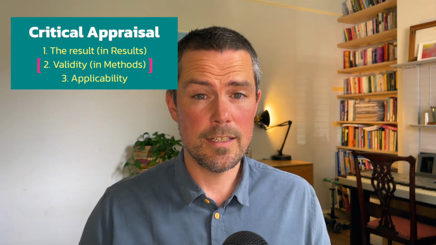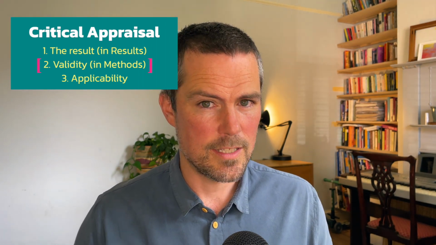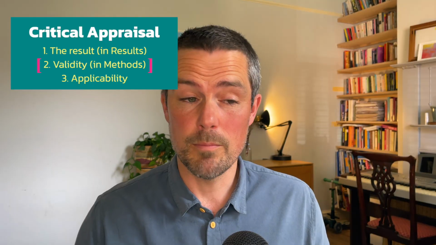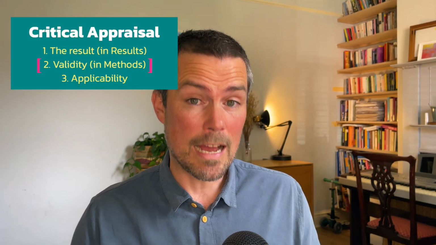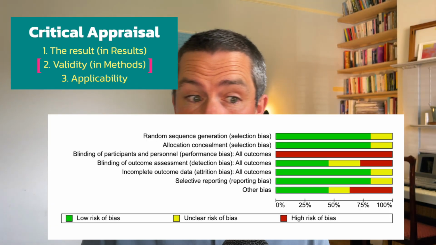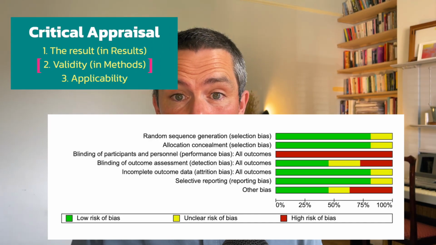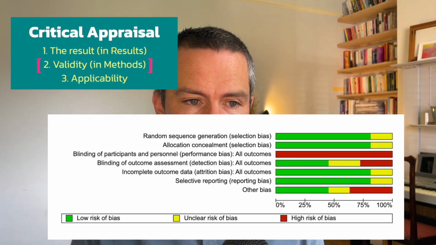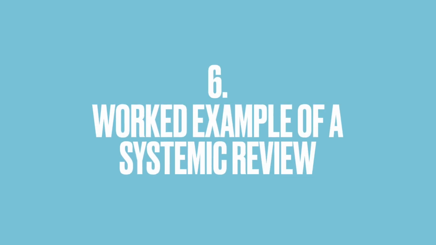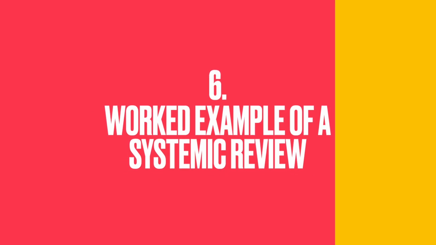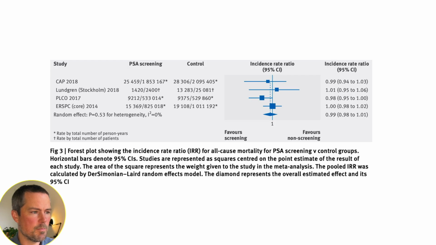In terms of validity, one way in which a systematic review can be assessed is graphically through a risk of bias chart, and roughly you can see the amount of bias inherent in all the sub-studies within the systematic review. So in terms of results, let's look at a systematic review, and we'll look at the forest plot